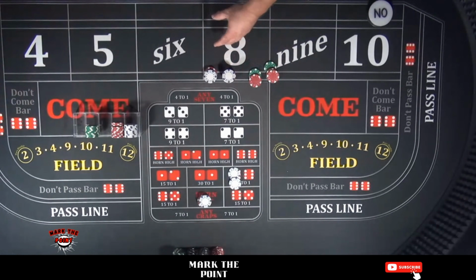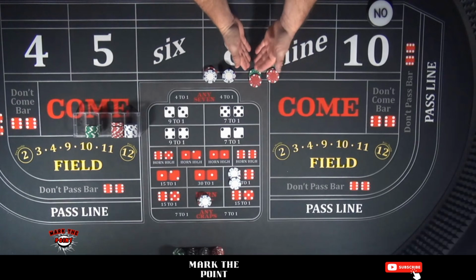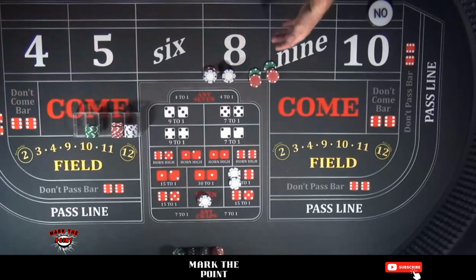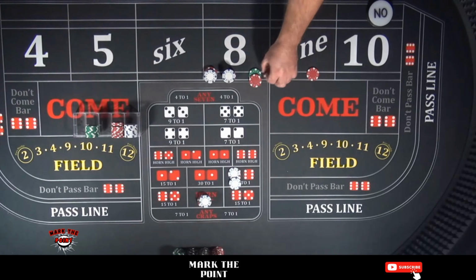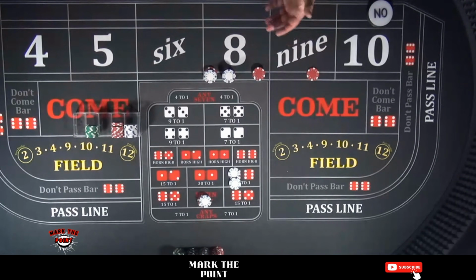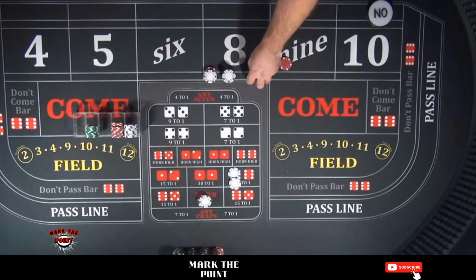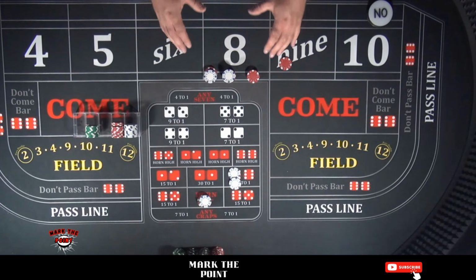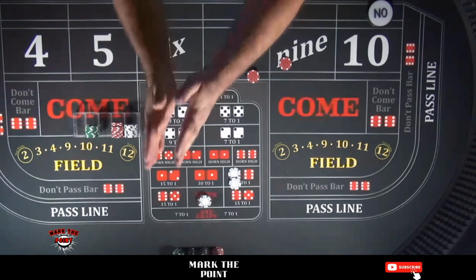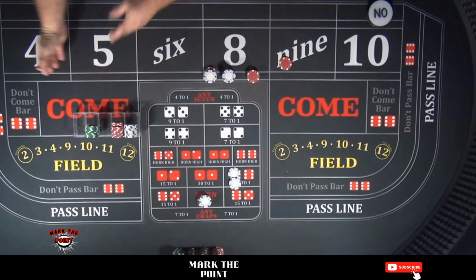Now that unit is going to be a little bit different here because now you're talking about red chips versus green chips. A full press here would be all the way up to a $60 bet. And that may not be what you want to do. You may not want to go up to a $60 bet. Maybe you only want to go up 2 units. It's important to tell your dealer what you want and when you want it. But the most critical part is knowing when you're supposed to get paid, when you're supposed to tell them to press your bets. Remember, stickman left, and this is also going to go the other way too.